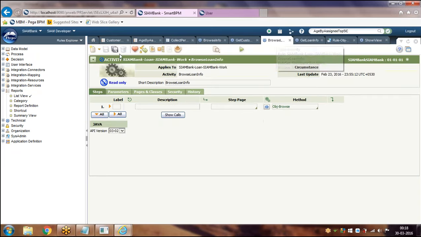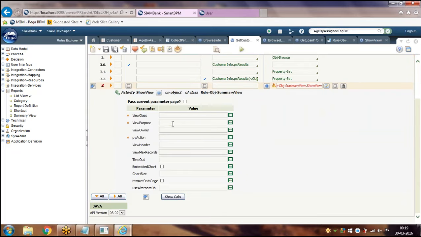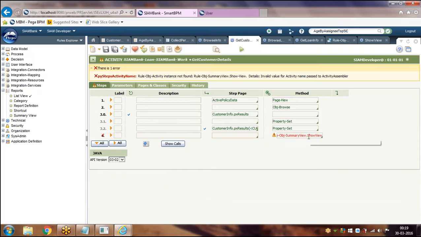To call a summary view rule, just expand the method. Here you have to pass the parameters. See the summary view rule name and where it exists and the owner, and all these things you have to provide. Using this default activity, you can call a summary view rule in the activity.